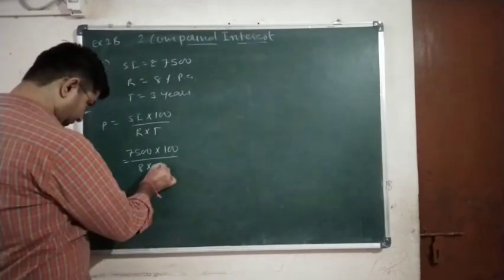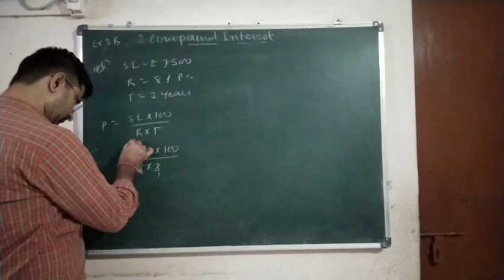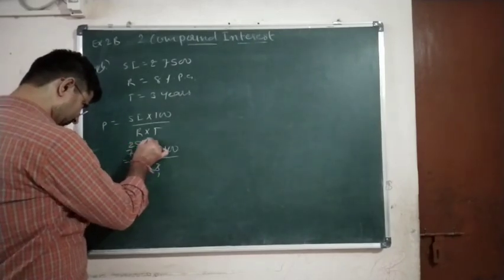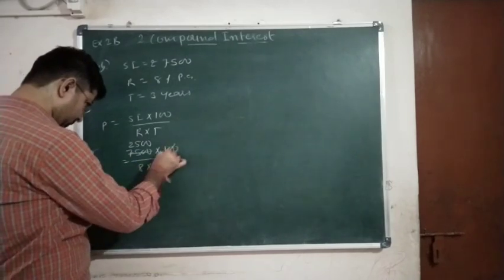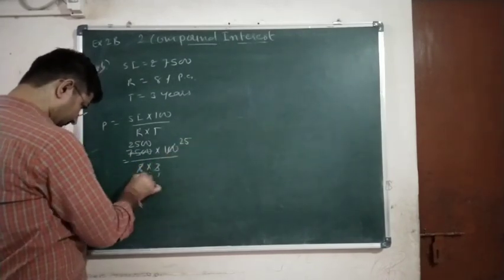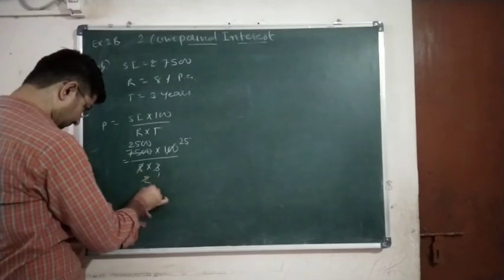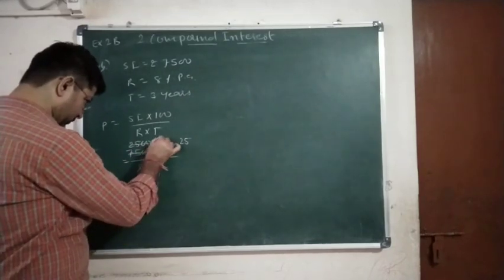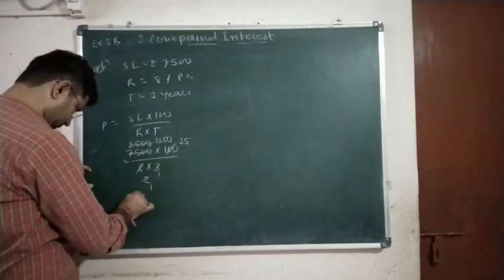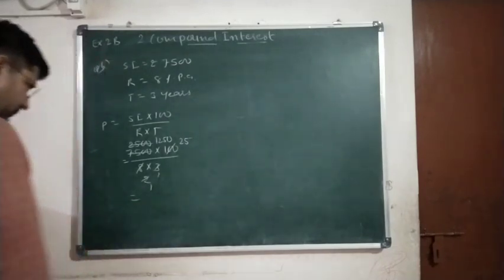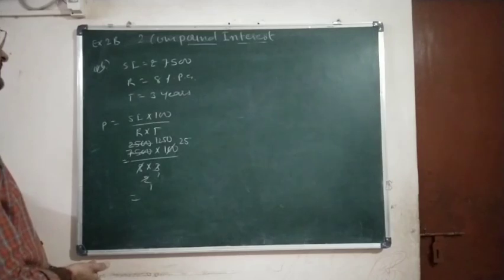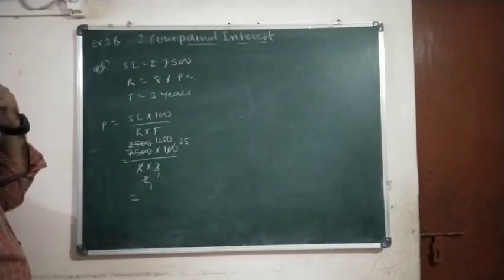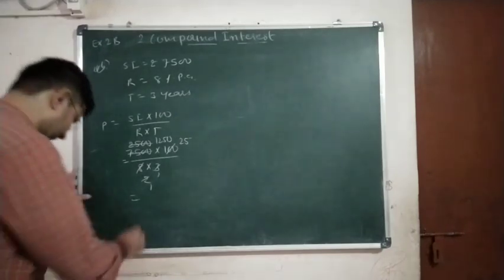Okay, 3 25s are 75, then by 4 we can reduce. 4 25s are 100, 4 2s are 8, and 2 zeros. So 1 2 5, 125, 25s are 25, 6 25, 6 25. Okay, so 3125 something will come.